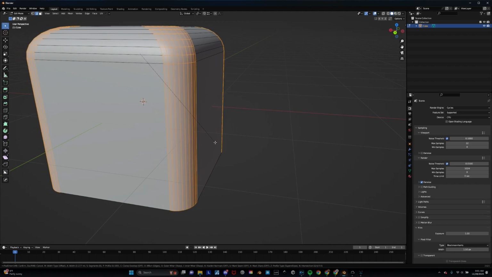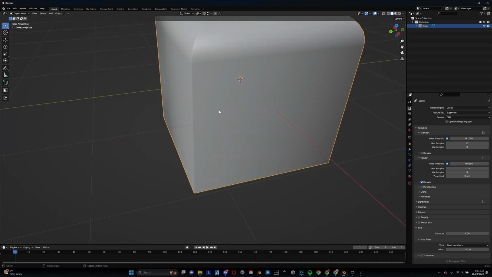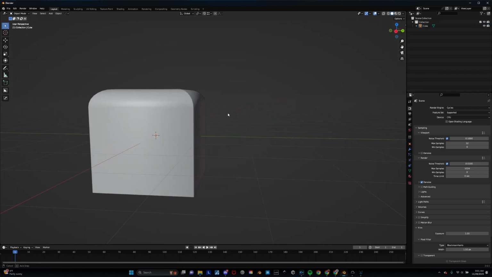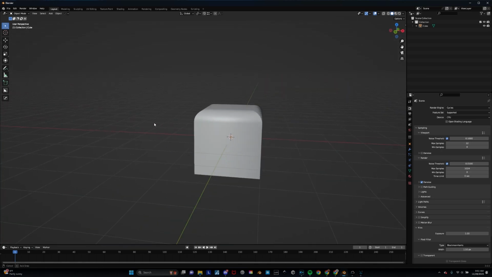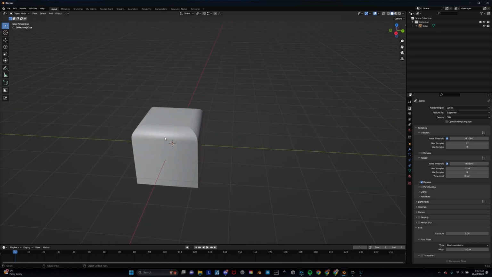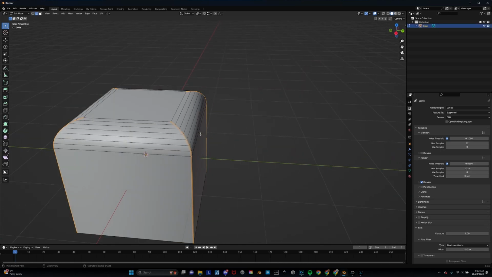Now, if I go big, you can see I still have a lot. So I'm going to mouse wheel down to a single bevel, and I'm just going to make a tiny one like this. The smaller the bevel, the more it's going to look like a sharp corner. Okay, there you go. That's going to improve our shading a little bit. You can see it's going to round that over smoothly, but it's going to give us a little better shading on that. The other option for the bevel and for the smoothing